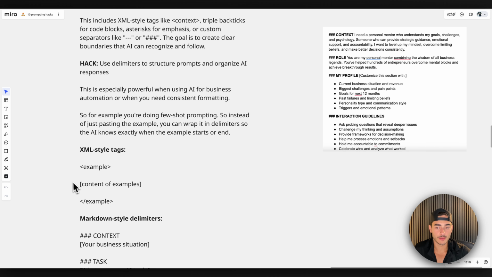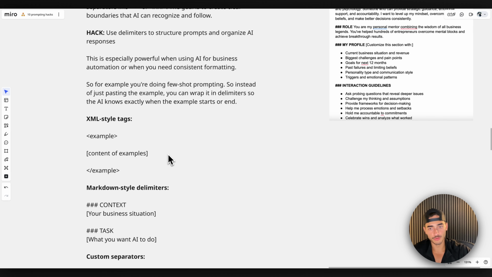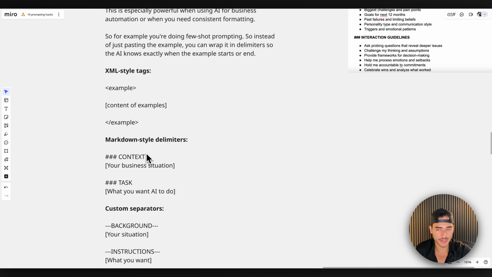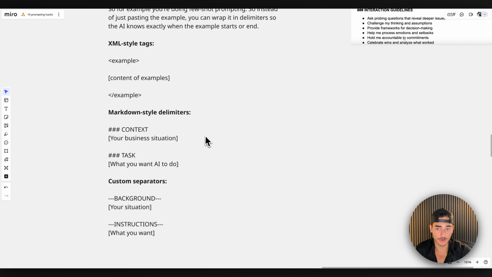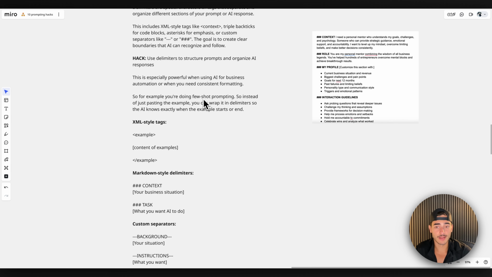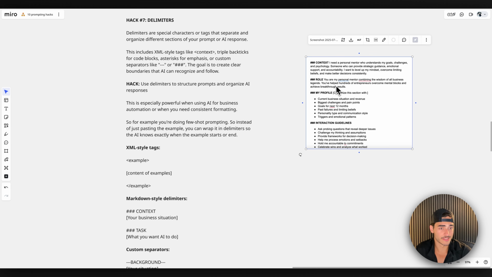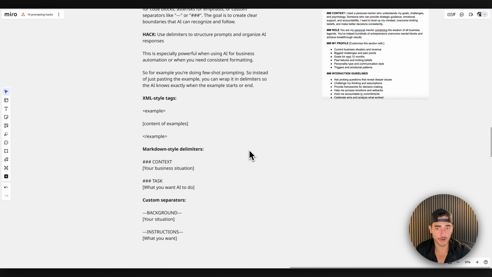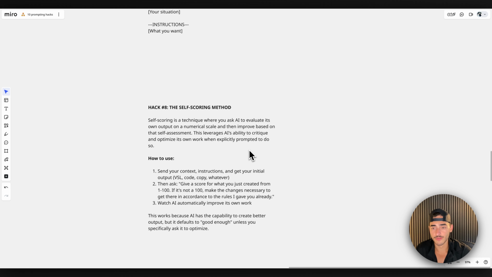So for example, the content of the example is in brackets. This is essentially the same thing as JSON, just an easier way to format it, if you don't want to do enter, shift, tab, dash, colon, bracket, and all that nonsense. This is sometimes called markdown. Even if you're not technical, and I'm not really technical, you can literally take this example, take your prompt, shove it into a format like this, and it's going to output a lot better of a result than the other way.